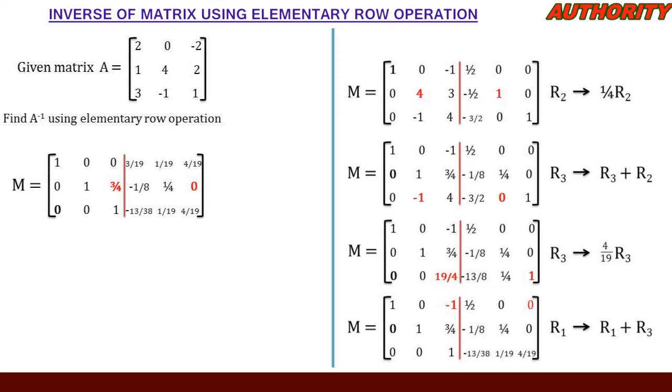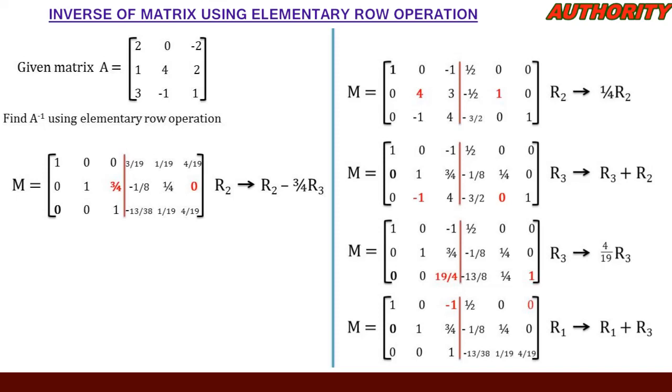So that means, in statement, we are going to say, let us replace row 2 with row 2 minus 3 all over 4 row 3. Okay, let me show you what I'm trying to say. In row 2 now, we have 0, 1, 3 all over 4, minus 1 all over 8, 1 all over 4, and 0. So we're going to multiply row 3 by 3 all over 4, and then subtract